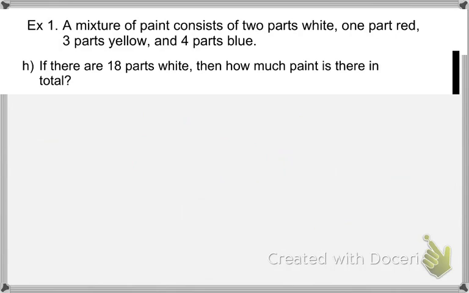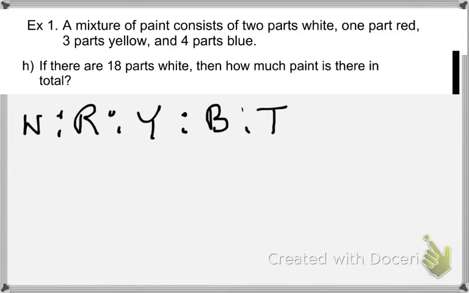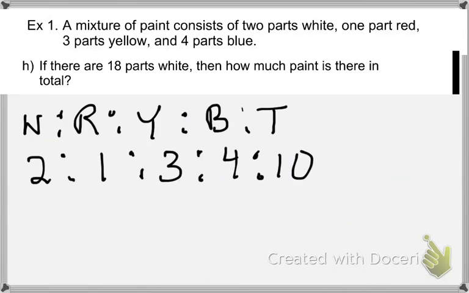Okay, a mixture of paint. If there are 18 parts white, then how much paint is there in the total? So once again, we have white, red, yellow, blue, total. And we had 2 parts white, 1 part red, 3 parts yellow, 4 parts blue, and our total was 10. 18 parts are white. So they're saying white is 18, then how much paint is there in total? So they want this number